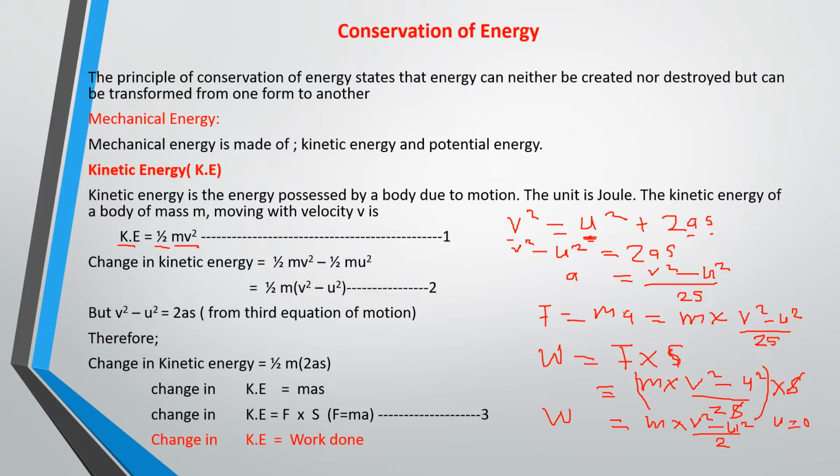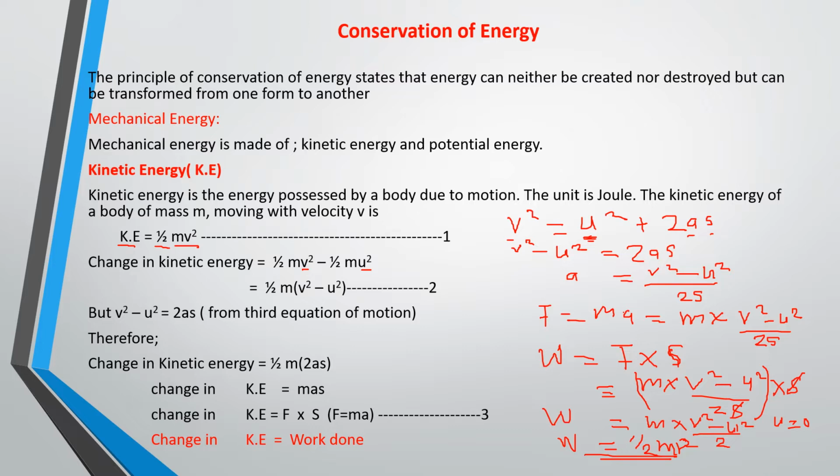So if u is equal to 0, our work done will now be equal to half mv squared. So that is just the derivation of that formula. But the most important thing is for you to know how to apply it to solve problems. For a body that starts with an initial velocity u and attains the final velocity v, the